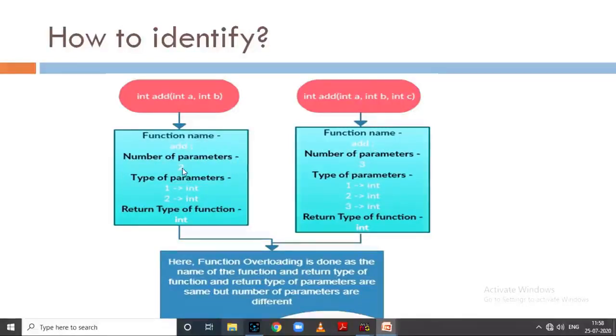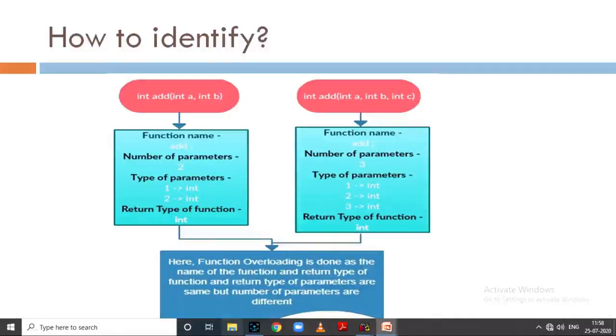The types of parameters are also the same, but the number of parameters in the first function definition is 2 and in the second it is 3. That means function overloading is done because the name of the function and the types of the parameters are the same, but the number of parameters is different. This way the compiler can identify which function to call at which time.